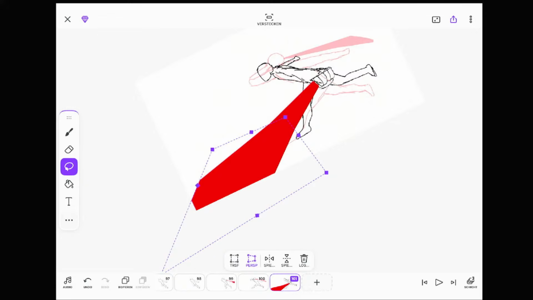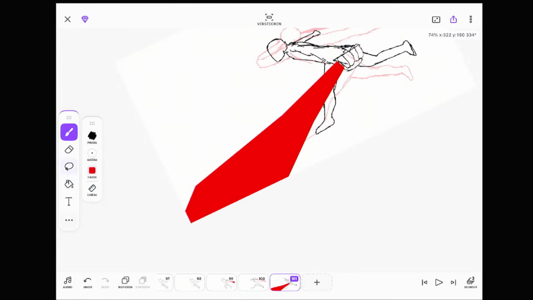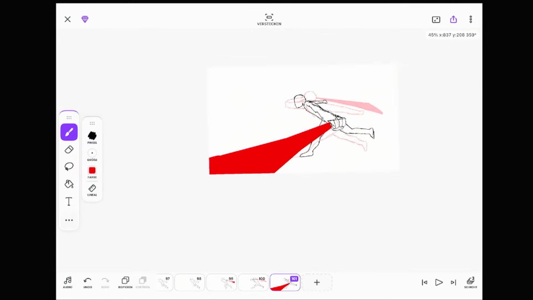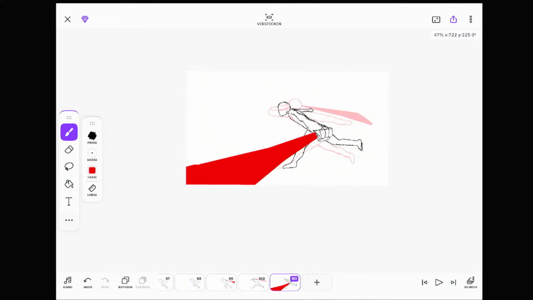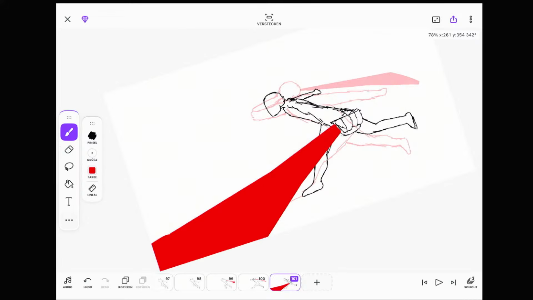Okay, I just tried this new thing here as well to make the lightsaber look a little bigger. Then I need the line work.